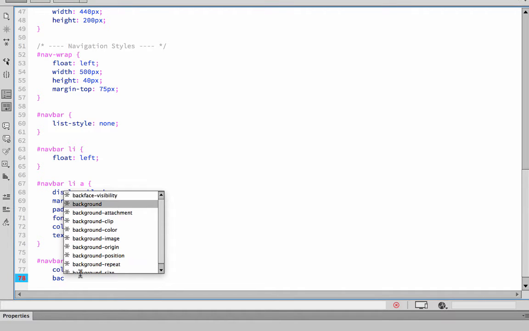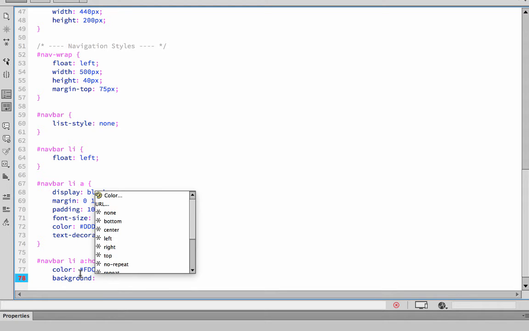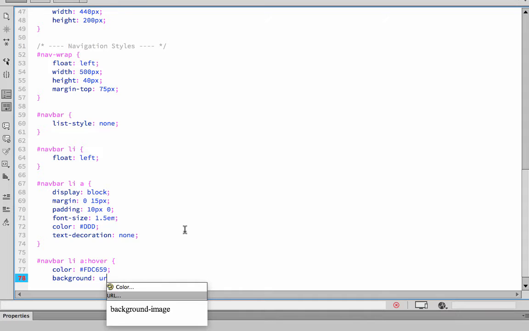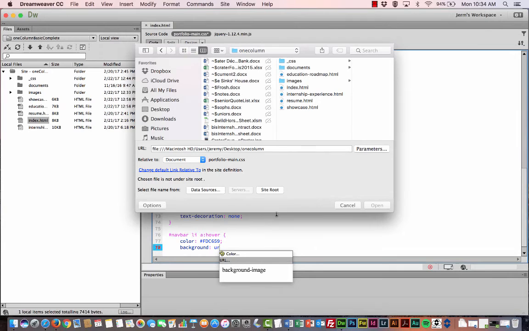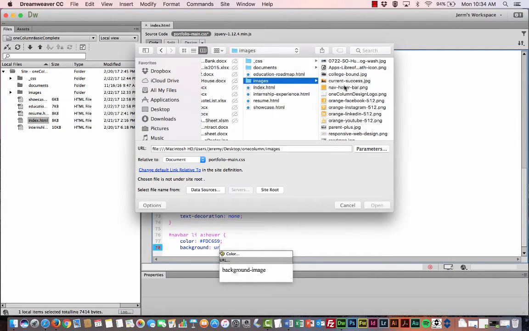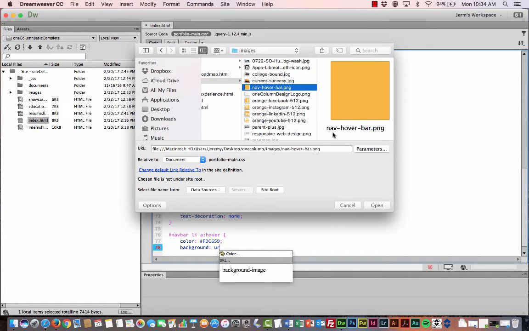So the background image, since it's only 5 pixels by 5 pixels, is a very small file size, and so it actually makes this hover feature pretty light and easy for a browser to load. But since it is only 5 pixels by 5 pixels, we need to repeat it and place it in the right place. So I'm going to select the URL option here and go to my images folder, and you can see that the one I'm looking for is just called navhoverbar.png, and like I said, it's just a 5 by 5 pixel